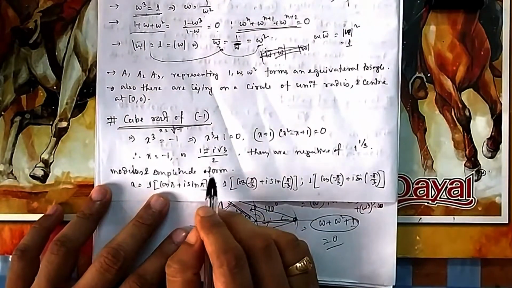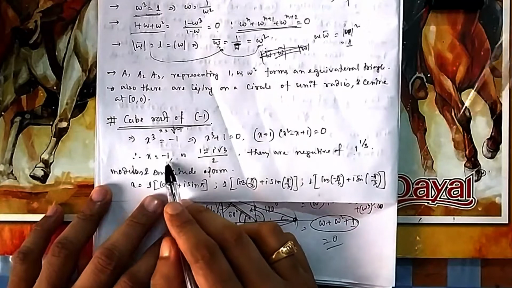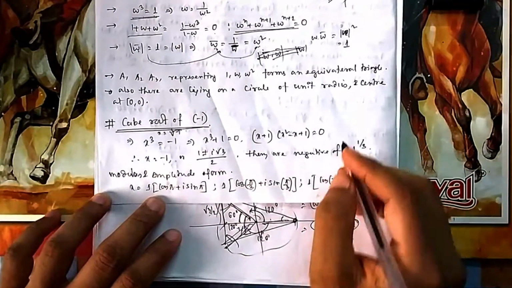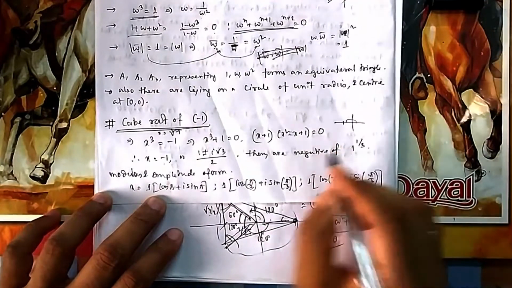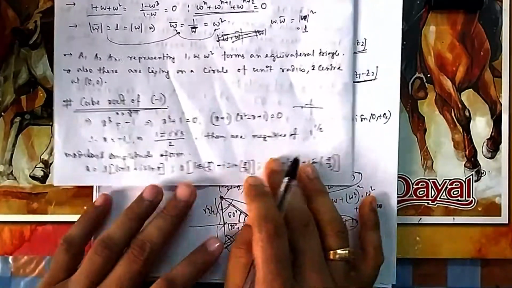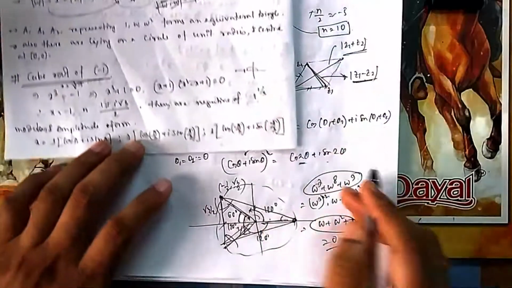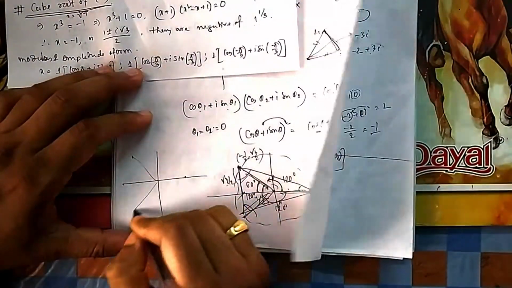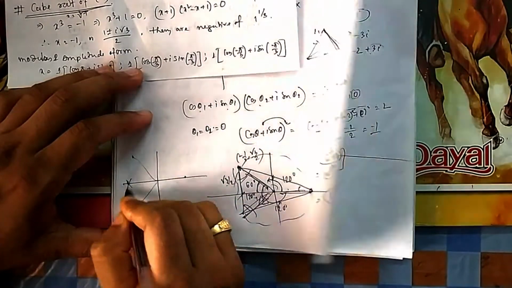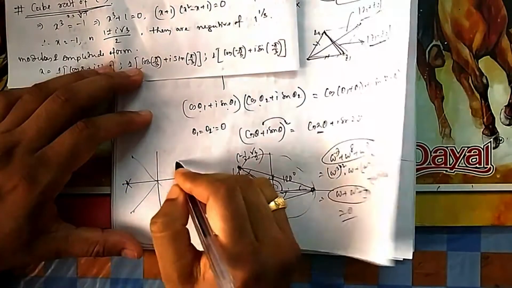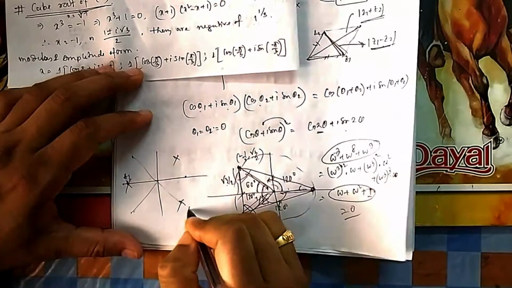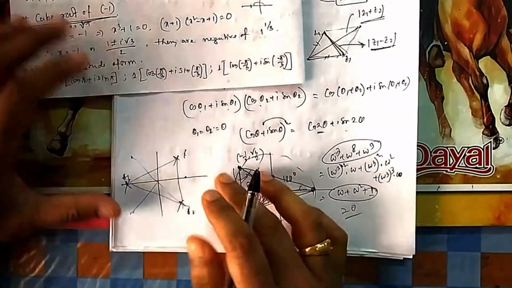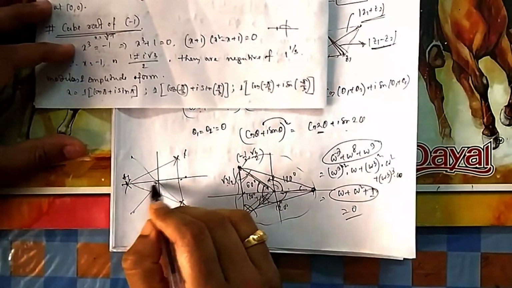So in the modulus amplitude form also you can write it, because it is minus 1, the amplitude will be pi. Minus 1 is at angle pi, you have seen, minus 1 is here, so this angle is pi. So cos pi plus i sin pi. Because everything is negative now, these 3 will change. Earlier it was 1, 1, 1. Now this minus will come here, this will come here, this will go here. So this will be your A1, A2, A3. So this will now be the triangle. Earlier it was the triangle, now it will change for minus 1 because everything will go to minus 1.